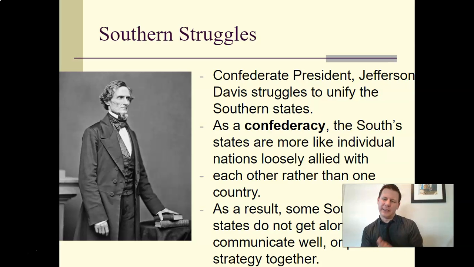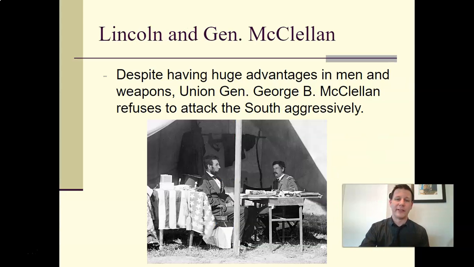They had a president. It's this guy here. His name is Jefferson Davis. But he had very little power to actually do anything. During the war, he was always complaining, "I wish I had the powers of Abraham Lincoln so I could actually tell these states what to do and organize and get everyone on the same page." But he could basically only ask the Southern states to fight and behave in certain ways, and he was often ignored, and he was kind of powerless to get any cohesiveness together. That's what a confederacy is designed to be like, and that's what the South was.